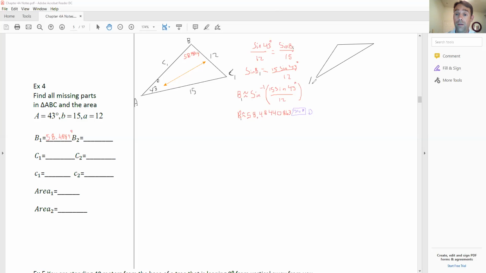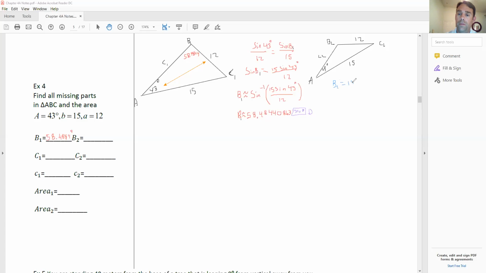So I still have A. And again, you do not need to draw out all the stuff unless you find it useful. If you find it useful, by all means, draw it out. I'm just drawing it out so you guys can see where the new triangle is actually going to be looking like. So that means my B2,